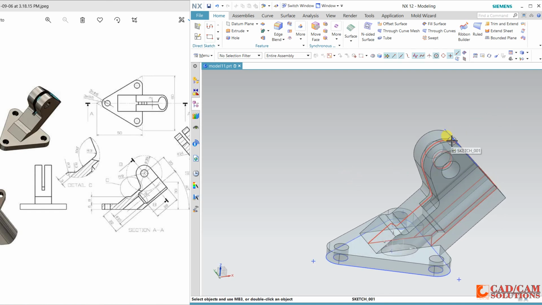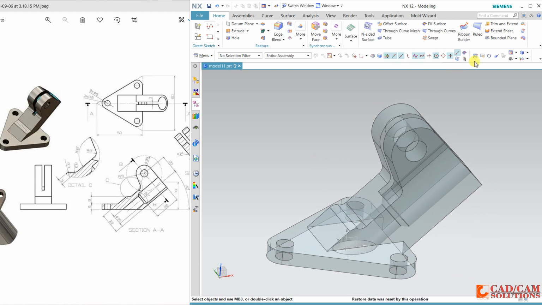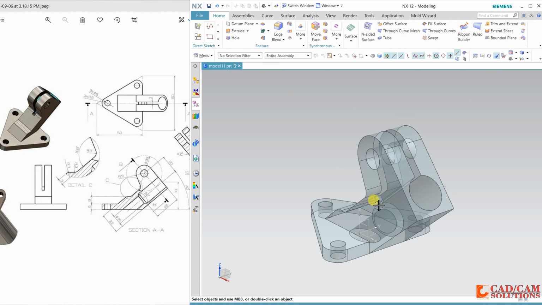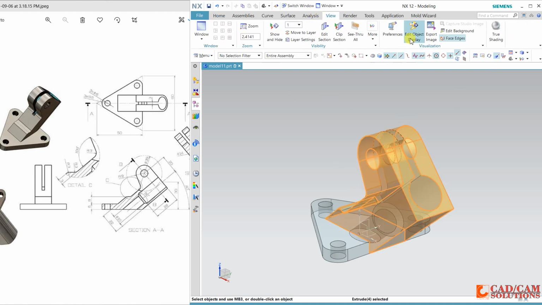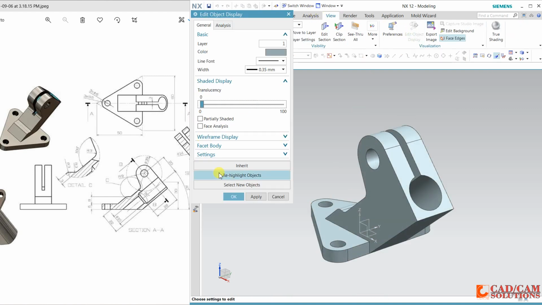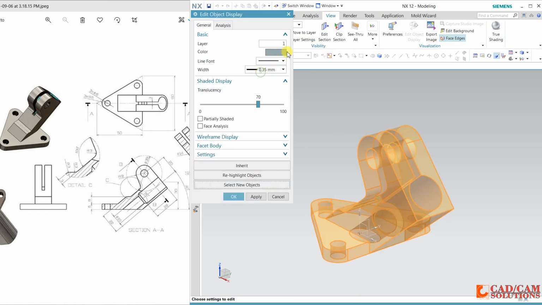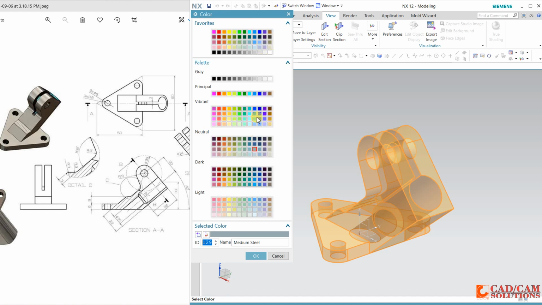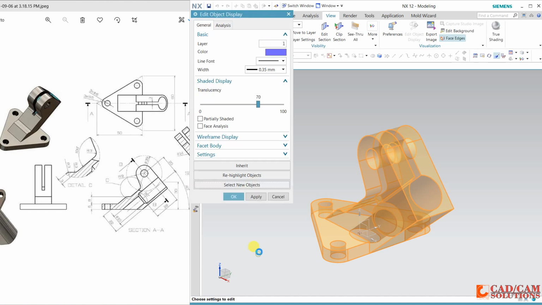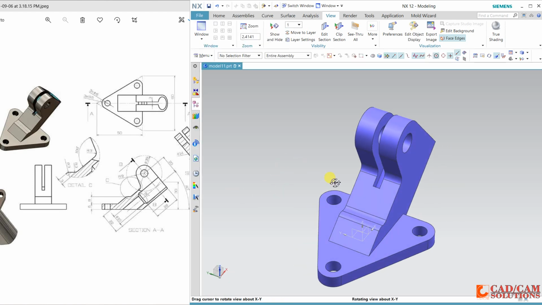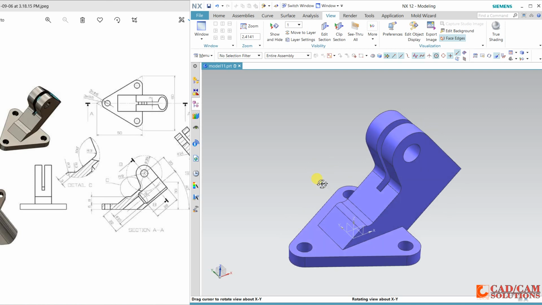Now hide all the sketches and change the transparency to opaque. So this is our object.